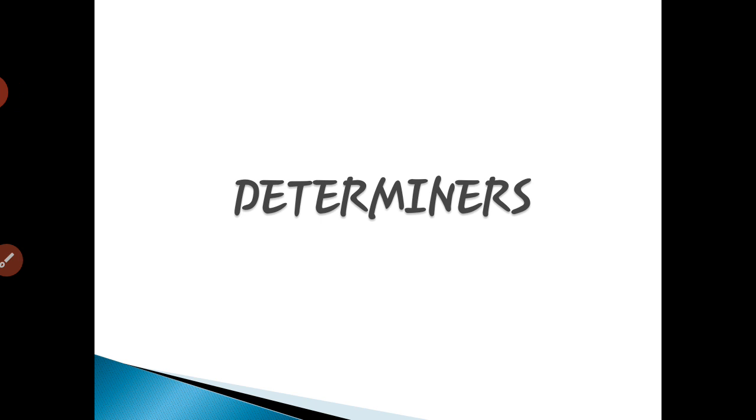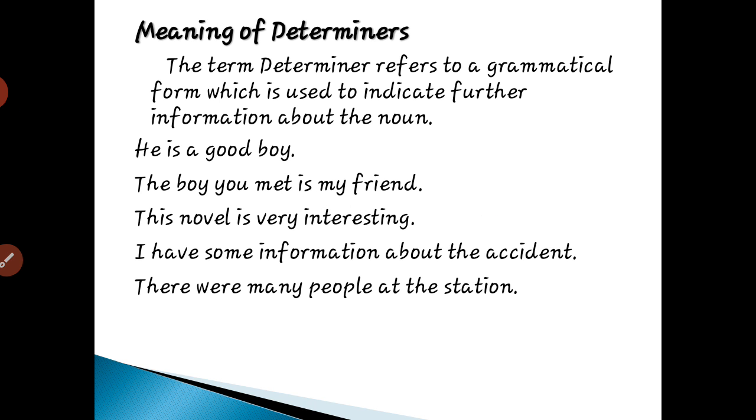When it comes to the meaning of determiners, as you know, determiners are the words which give more information about the noun. To understand determiners, you should know what a noun is and what an adjective is, because determiners refer to nouns and are like adjectives, whereas adjectives are also the words which give more information about a noun. Yesterday we saw all these examples and we discussed how to identify the noun and how to identify the determiners.